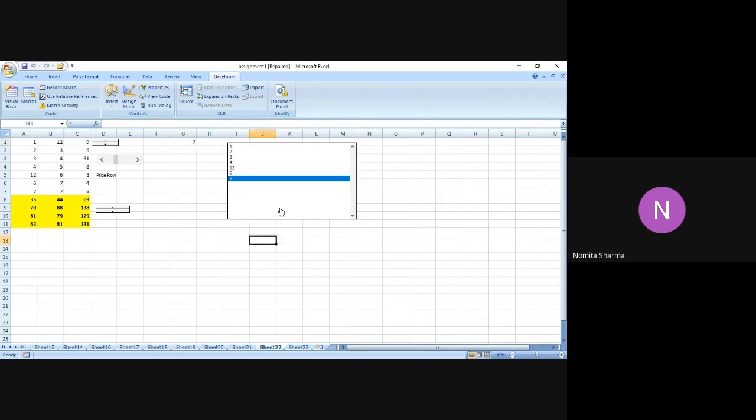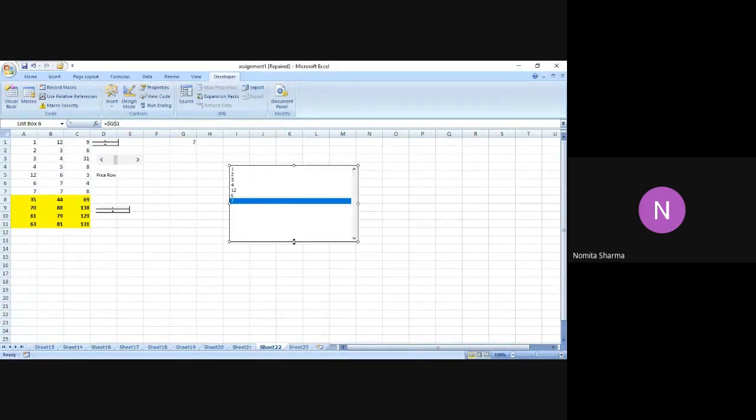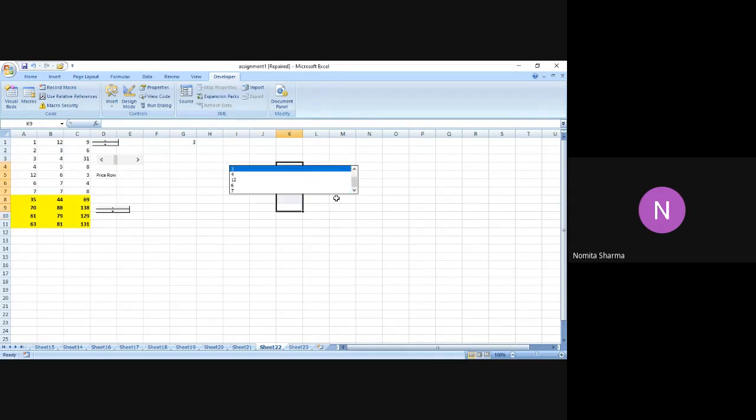Now let me do one more thing. I want to do something else. I want to now resize this particular box. So when I resize it, this will automatically act as a scroll bar. See, earlier if you notice the numbers were well within the range of the box, so there was no need to have the scroll bar.